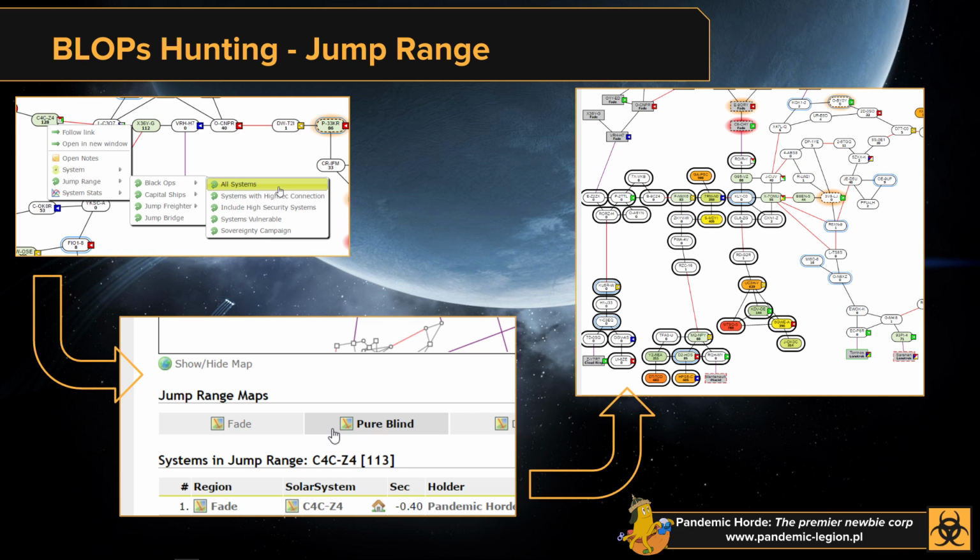Now, one of the limiting factors of Blops is the range of the bridge, right? Like we said before, the range of a Blops bridge is 8 LY, so 8 light years, which is not a distance in number of jumps, but a distance in physical space between the systems. So if you look at your in-game map, for example, not your solar system map, but your normal galaxy map,